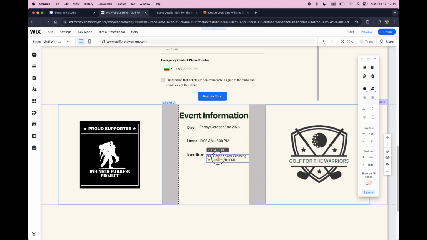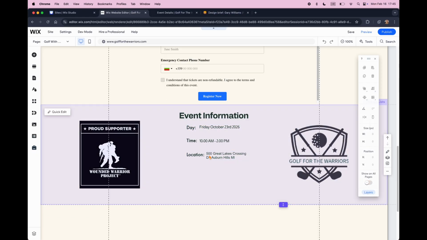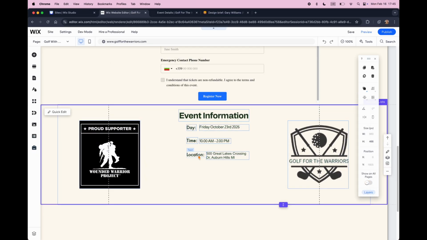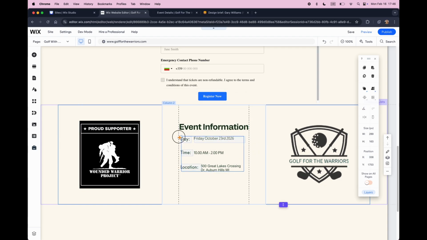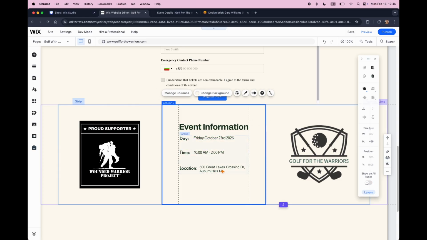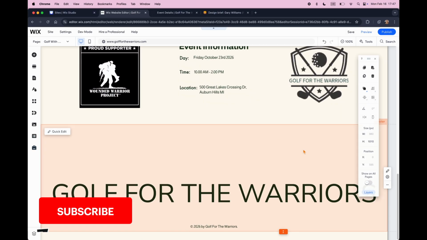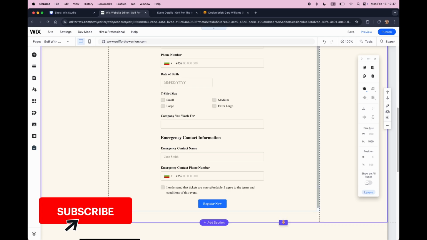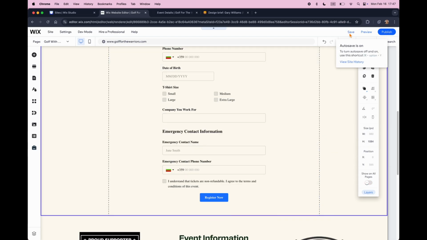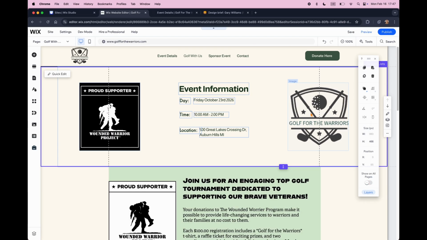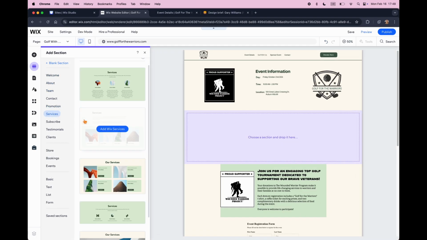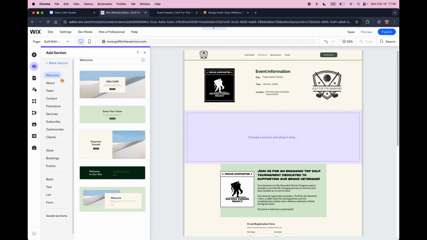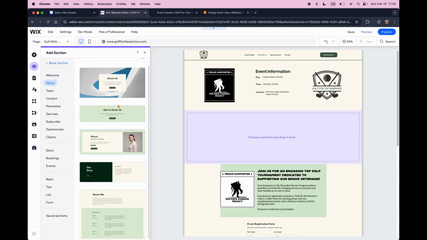Here I was playing with the sections and the event information. I was wondering, should it be on the top or on the bottom, and I for sure knew that the main hero section wouldn't be the image with the text saved as an image, because that is a bad SEO practice, and I needed to add the copy separately into the hero section so it can be read by Google and other search engines. So I also shortened the text so it can be easy to scan,